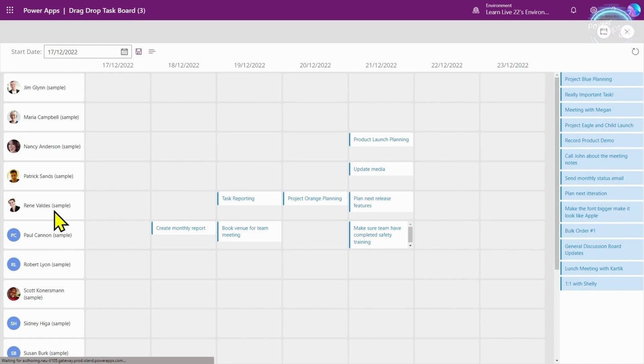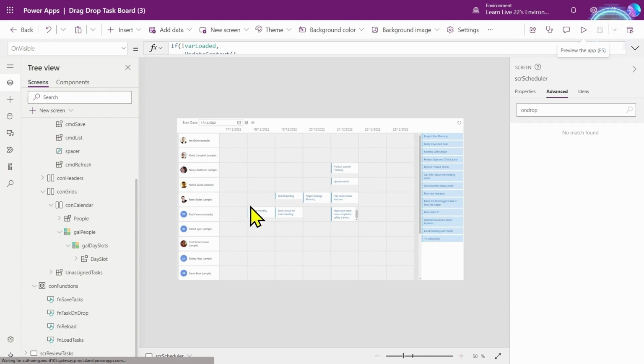And that is because the actual slots here are not being modified, right? We need to now modify the order in which these slots have been assigned to this collection. And then that will cause the re-render in the correct order.